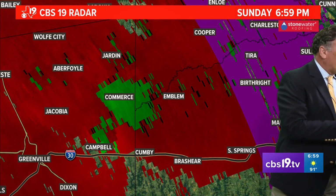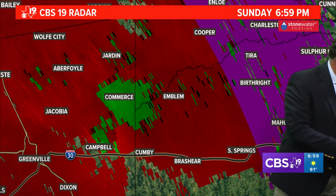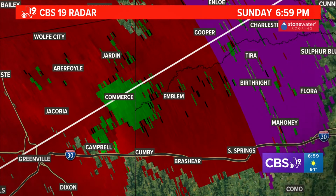I'm going to check the Weather Service and see what they have to say. They did have a picture. They are getting reports in Fannin County. That would be back upstream a little bit. And now in Hopkins and Hunt County of 1 1/4 inch hail. So there is some large hail also within that cell. And it's likely going to be north and west. Savannah, what's the...